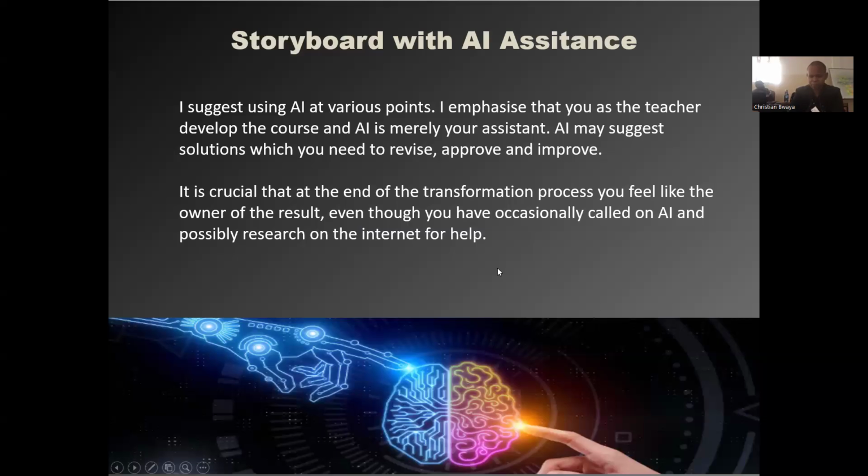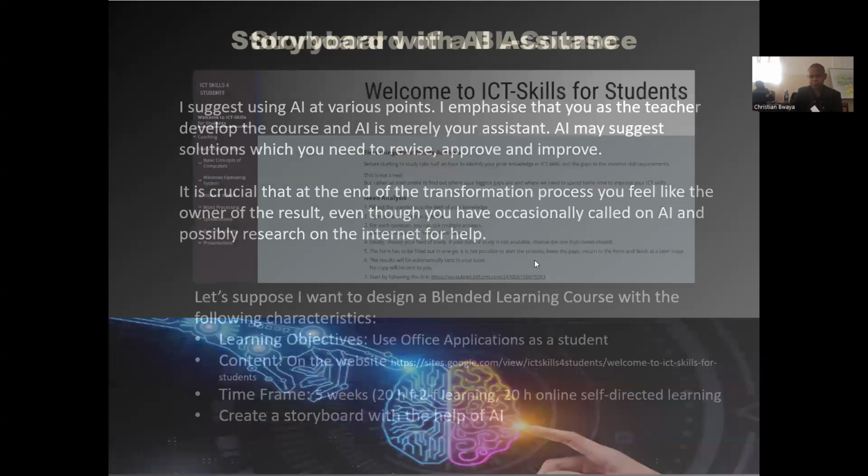And in my experience, it's extremely important to think about what you tell the artificial intelligence. Only if you give precise information about what you want can you get something that is helpful for you.